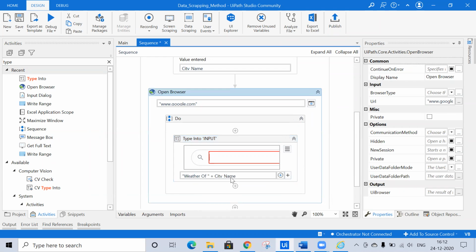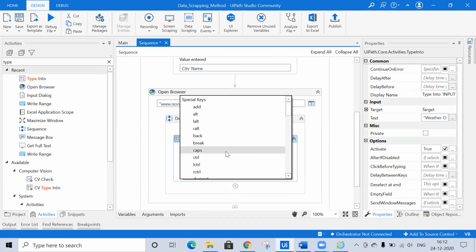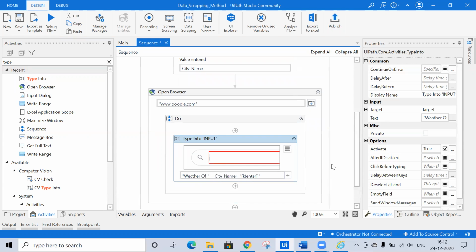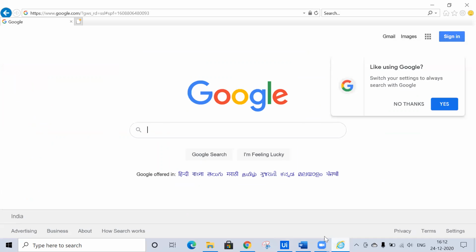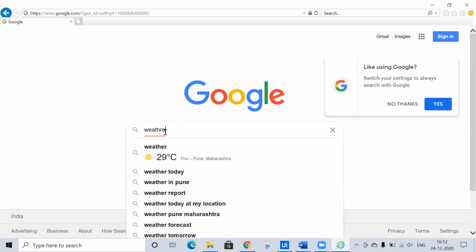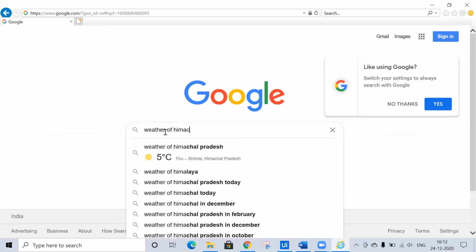So I'm passing this value and now you have to click on enter, right? So suppose if I'm passing here the weather of Himachal,